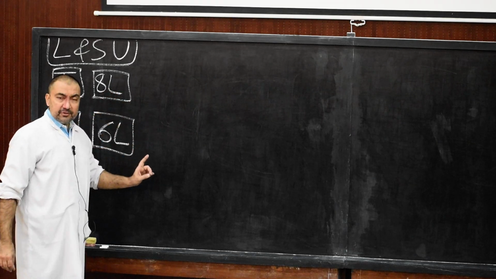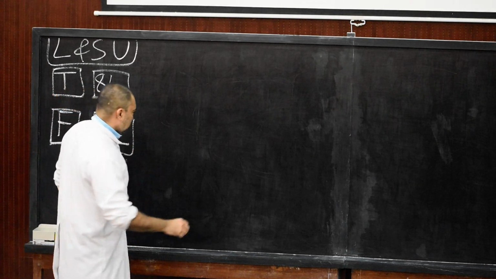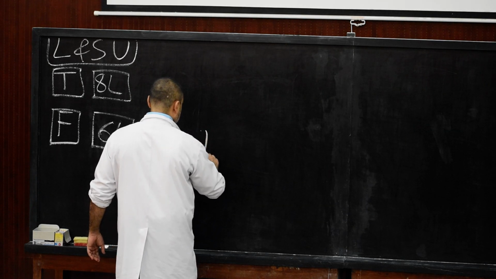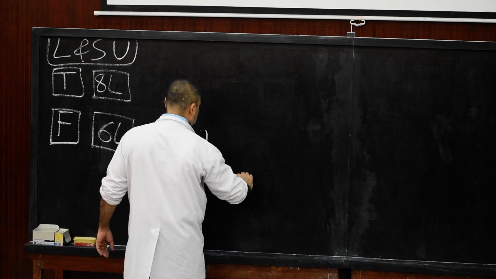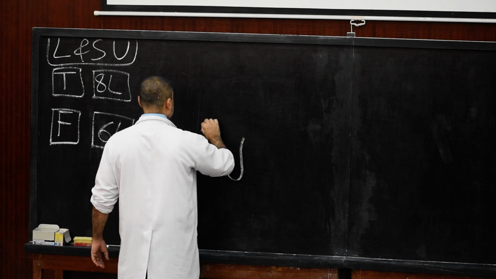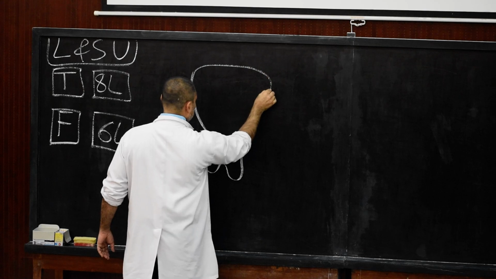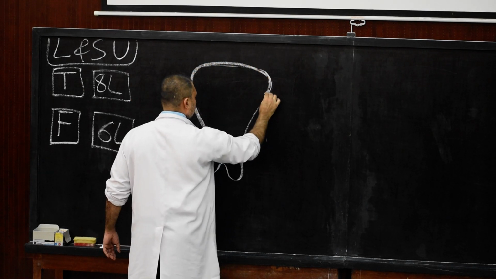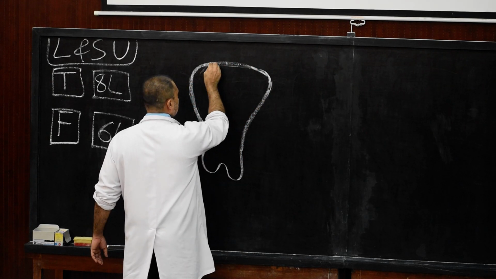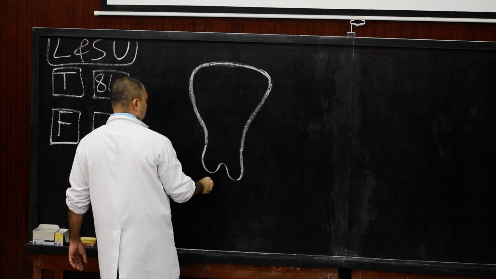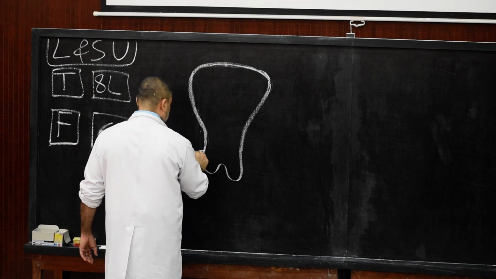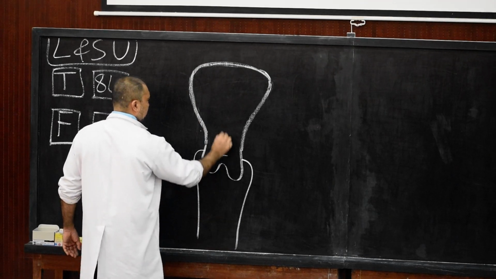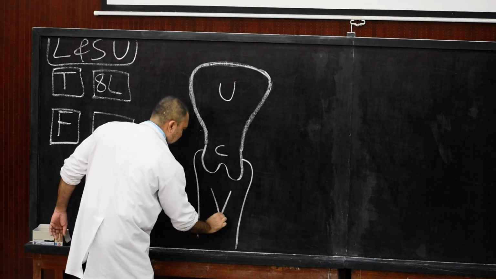We are going to discuss all the ligaments individually, and before that we would like to draw a line diagram on this side. This will be the cervix. Here we are drawing the uterus, the fundus of the uterus, and the lateral wall of the uterus, and similarly we show the vaginal lateral wall. So, cervix, uterus and vagina.